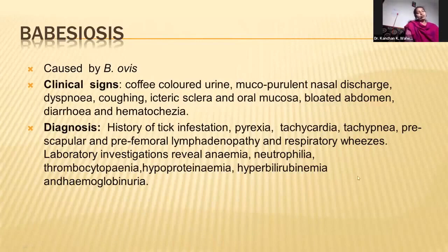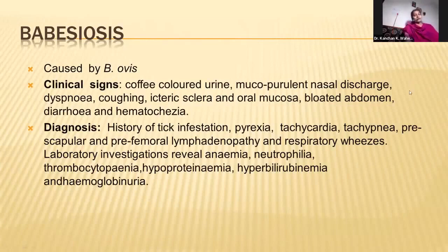So when you go for applying PCR, definitely you will get the antibodies and some amount of antigen in the blood if you go for diagnosis with the help of PCR. So real time PCR is more important than the other methods. And along with that, you can go for blood smear staining. You can find pear shaped organisms, and you can also see the signet ring shaped organism in the blood smear